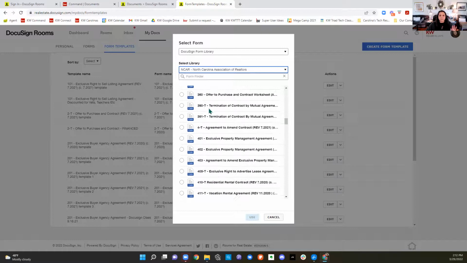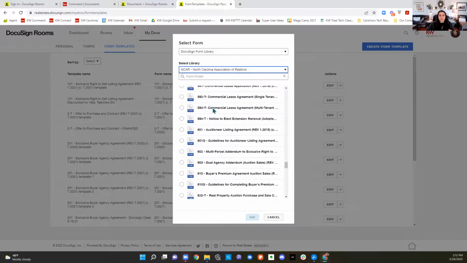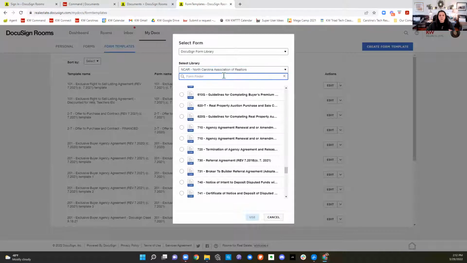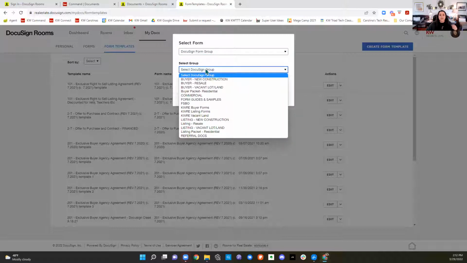So you can set up templates for as many forms as you want, right? They're all in here. So I will show you guys today the exclusive right to sell. But before I do that, let's talk about picking from the group. If you pick from the group, this is where your market center has pared down the amount of forms you